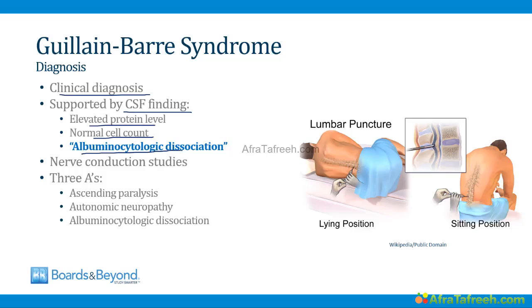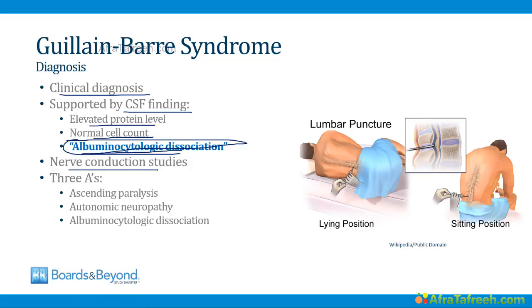This is a very unusual finding. Normally when the protein count is up, the cell count is also up. Guillain-Barré is unique in causing this finding, referred to as albuminocytologic dissociation, and make sure you know this for your board exams. You can also do nerve conduction studies, which will show abnormal nerve conduction of the peripheral nerves in